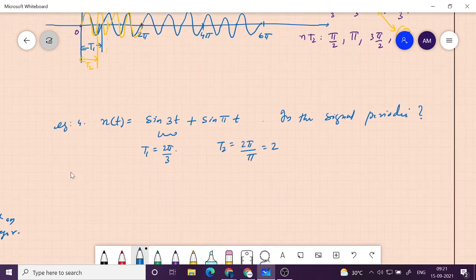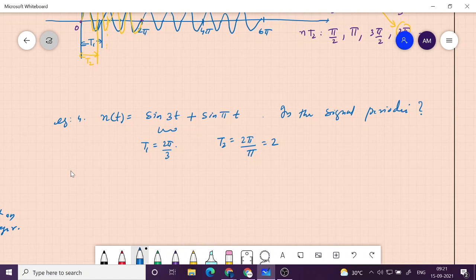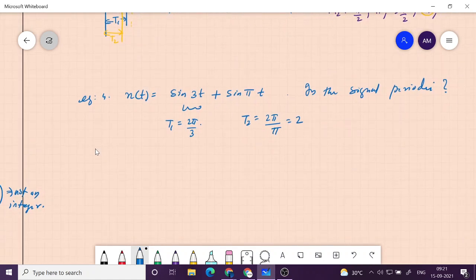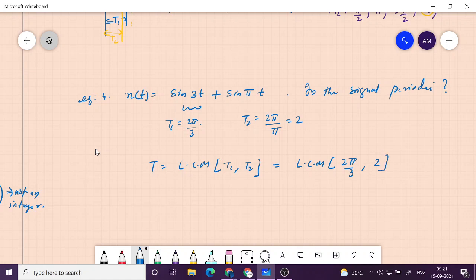And then I have T1 and T2. As before, we are adding two sine waves, and each sine wave has a different period, and therefore the total period is basically the LCM of T1 and T2. So I will try to proceed and find the LCM of 2 pi by 3 and 2. And what is going to happen is that